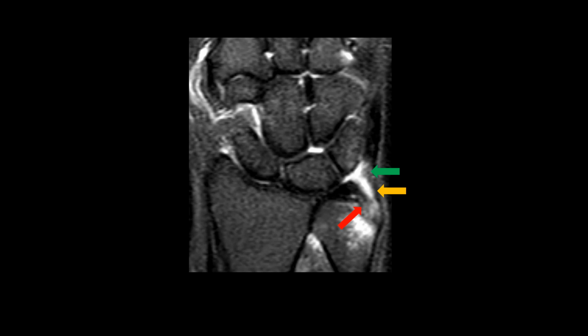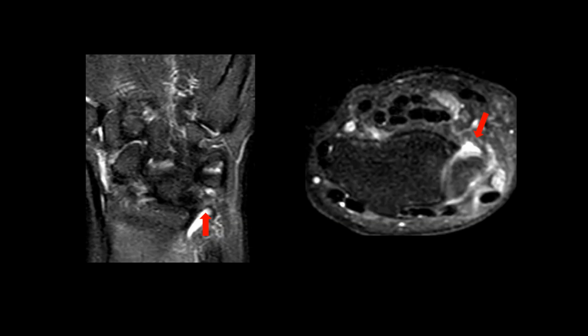Here, the green arrow points to the meniscus homologue, which shows hyperintense signal and is surrounded by edema, suggestive of its injury. The yellow arrow points to the intact ulnar collateral ligament. Here, the red arrow again points to the partially injured deep lamina of the TFC disc attaching to the ulnar fovea. Now, on this STIR coronal image and its corresponding axial image, we see that the volar radioulnar ligament is injured, as seen by hyperintense signal within, but it is intact.